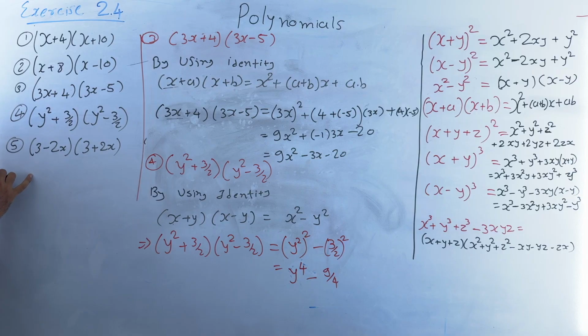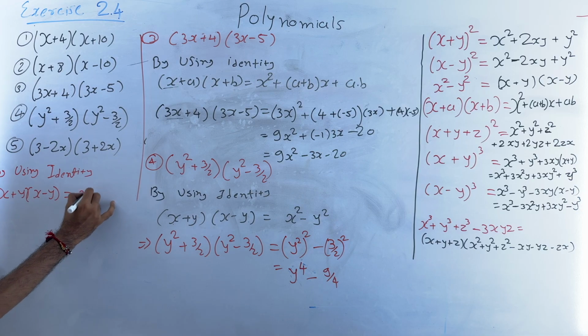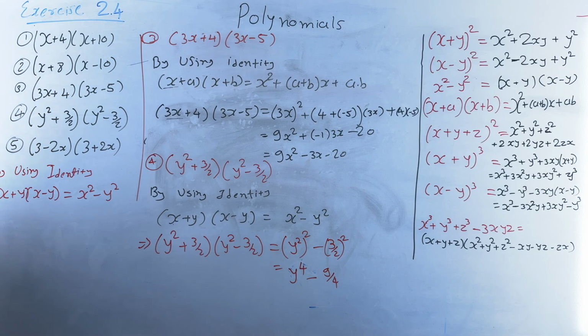So let me write here by using identity x plus y multiply x minus y is equal to x square minus y square. So my answer will be, let me write the question first, 3 minus 2x, 3 plus 2x, right, is equal to,